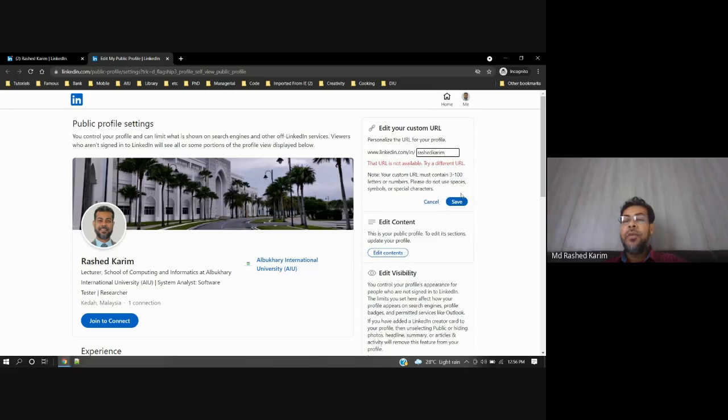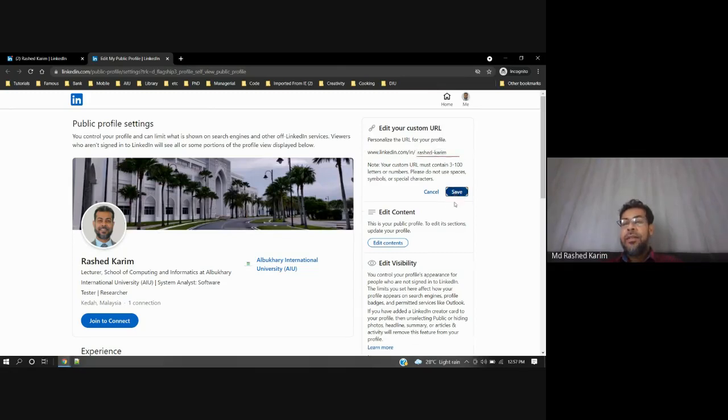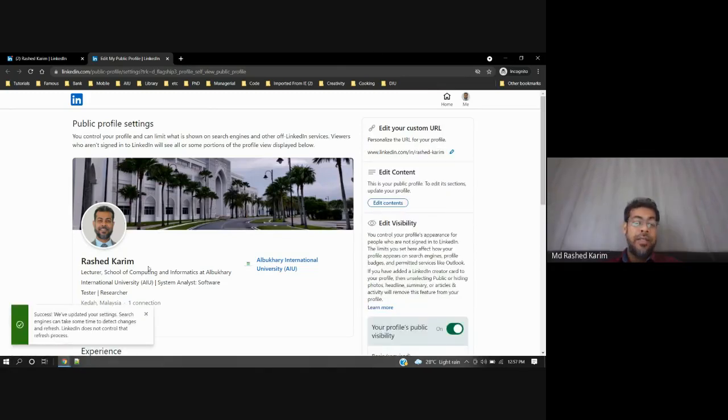Save it. No, because it has to be unique. This part of your profile should be unique so that the total URL will be unique. That is not available. So I will put an M in between, or I can put a dash only. It's free. Now it's okay.